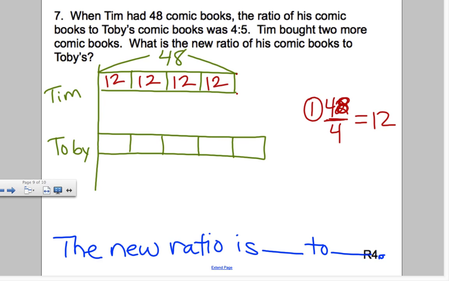What do we know about these? These are also 12. So let's fill all the boxes in right now. And now we have to make sure that our bars